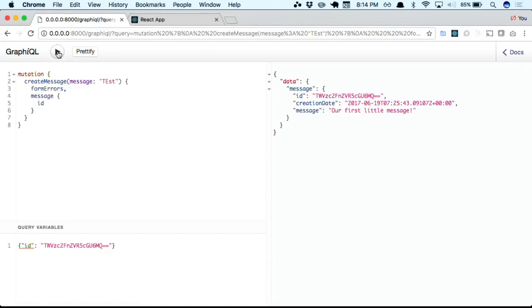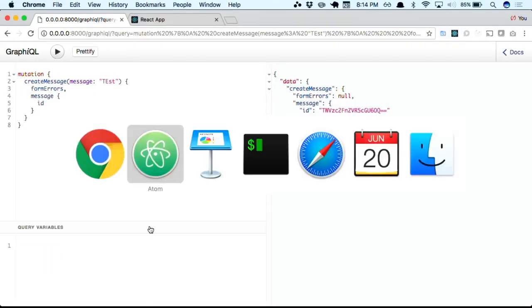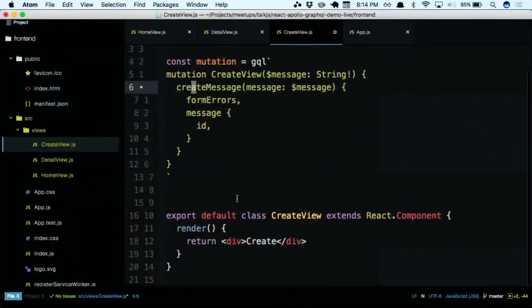So, you can try that. Hey, wait, this shouldn't work. Oh, no, of course it works, yeah, because I provided my variable here already. Okay, so